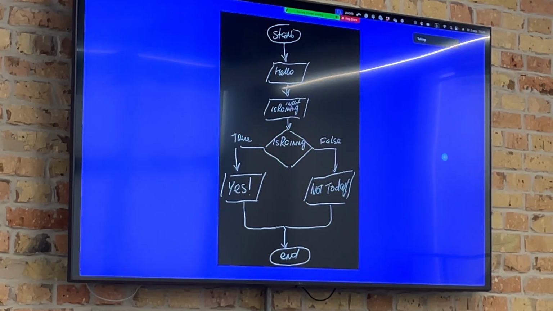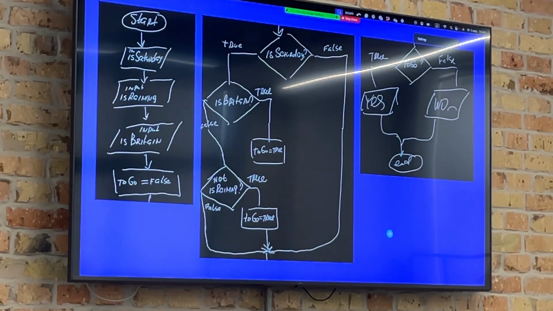Let's make it more complex. Let's remind ourselves of the previous conditions which we had. What do we have? Start of the program, then input is Saturday, then input is raining, then input is Britain, and then introduce variable to go.